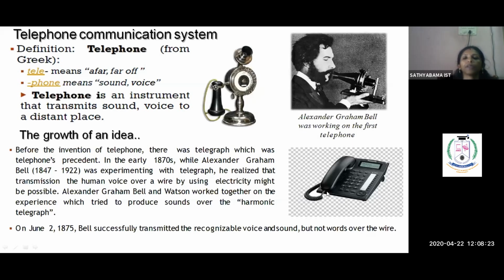So what is happening in your telephone communication system is the same: you will be having a transmitting section and a receiving section. It is again by means of your telegraphic system. What happens is the signals are being converted by means of the Morse code. Here the voice signal we are considering.